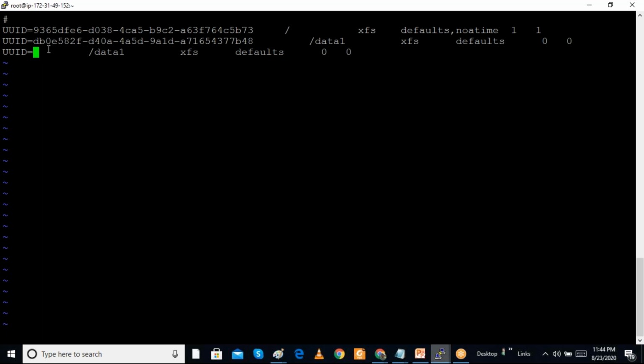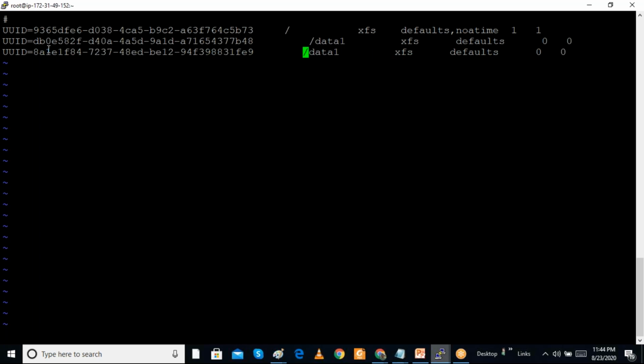But I want to change the UUID number, so the new UUID value I am adding here. Every partition has a UUID value, and we are going to make it a swap partition.